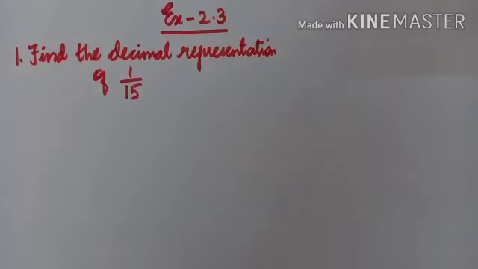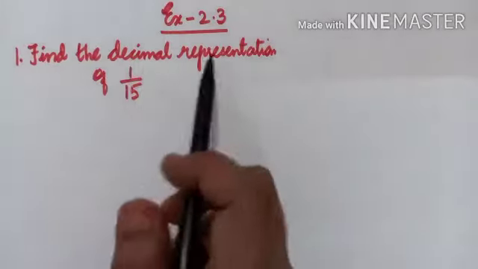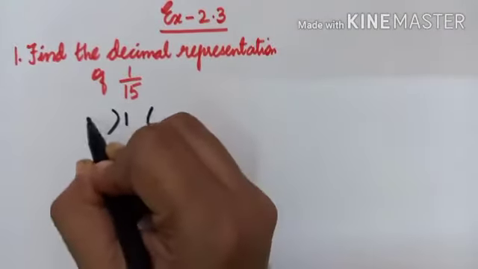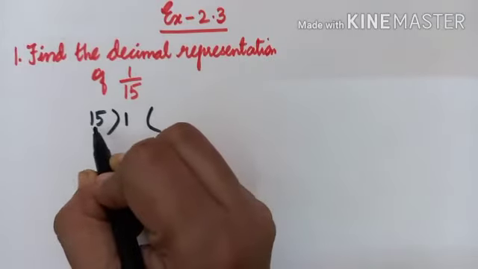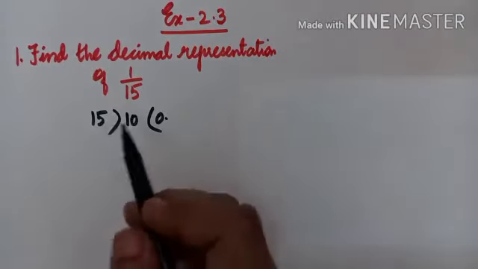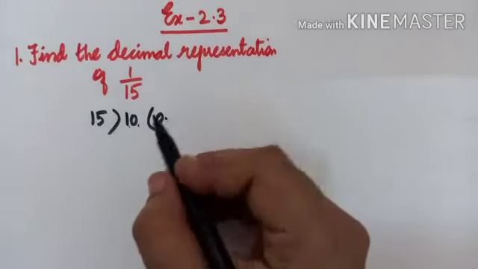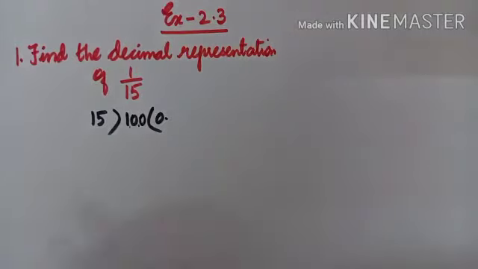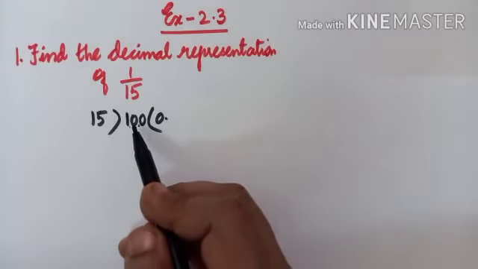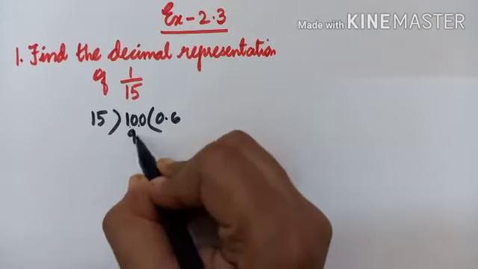Now let's do Exercise 2.2, first problem. The first problem is to find the decimal representation of 1 by 15. So here 1 divided by 15. As 1 is a smaller number than 15, let us take 0 point over here and 10 here. 10 is also not enough, 10 is smaller than 15. So again one more 0 you have to add. Now in the 15 table, when 100 will go, or else the nearer number to 100. So 15 into 6 we can take. 15 6s give you 90.